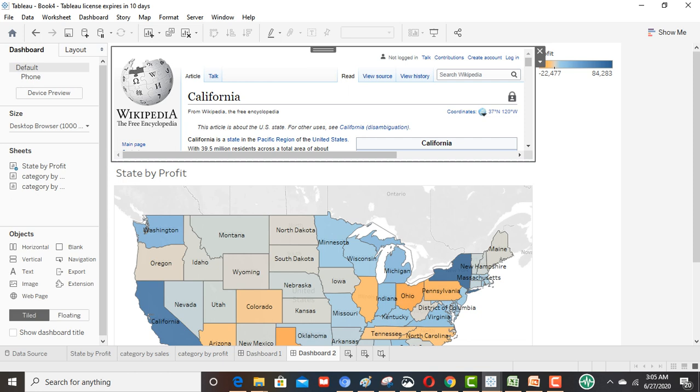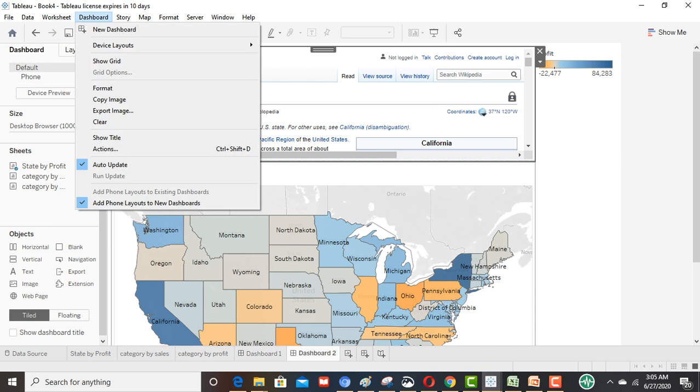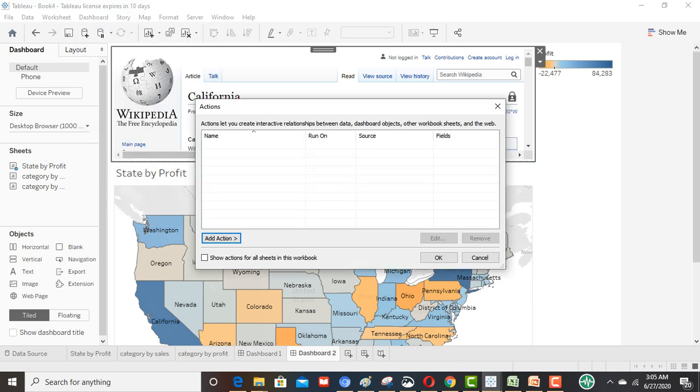But there is a limitation: I can view only California data. This is only one state's data. I can't go and view all the other states' data. So for that, we have to make an interactive dashboard. For that, what we require is: come to Dashboard, then go to Actions, add action,